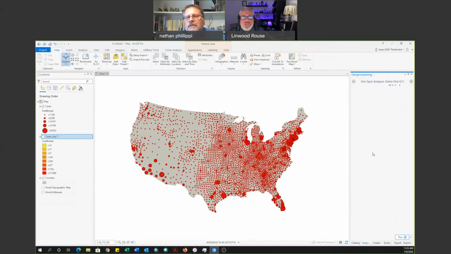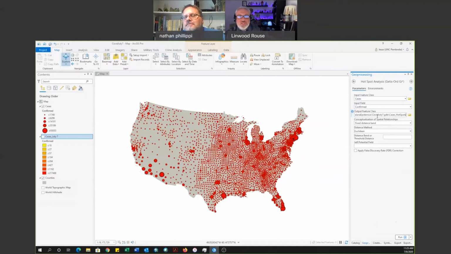Ooh, it's going slow today. A lot of data. Well, it hasn't done anything yet. Oh, it's just opening the tool. So this is based on point data. So we're going to use the cases, we're going to use confirmed. I'm going to output to cases hotspots, or actually let's change that to cases confirmed. And from here, I'm just going to take the rest as the default values. As I click on run,